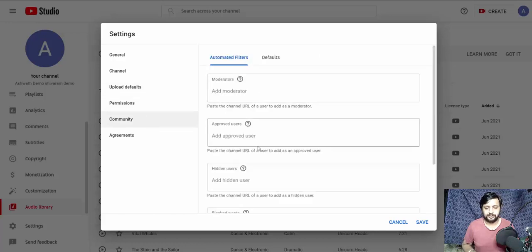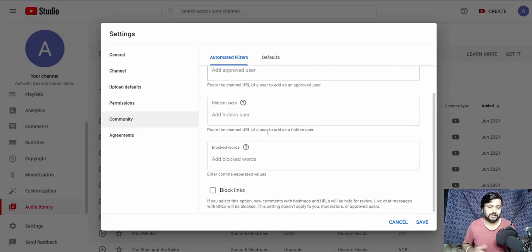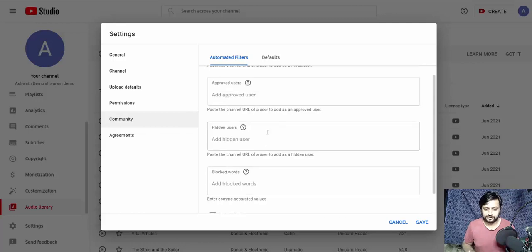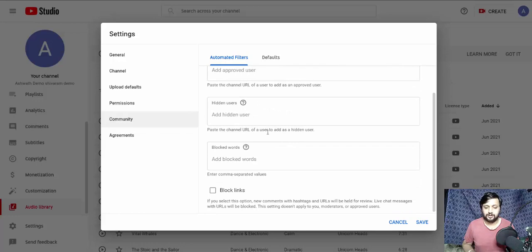And community also: when you grow bigger and bigger, then you might need some people to handle your channel and other things, so you can add them here. Also, for blocked words, if you don't want users to add some bad words, vulgar words, then you can add them in the blocked words section here.